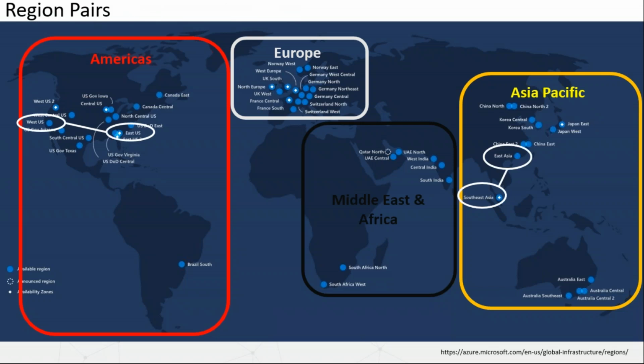The final piece of the physical architecture that supports the reliability is region pairs. A large disaster could affect multiple data centers, so each region is always paired with another region in the same geography, but at least 300 miles away. So the West US and the East US are a pair, and East Asia and Southeast Asia are paired. And you can go out to the Microsoft Trust Center, and they have documentation that will show you the current list of each of the pairs. So if the disaster recovery portion of Azure is one of the things that you're looking for, knowing where your pair is might be important.